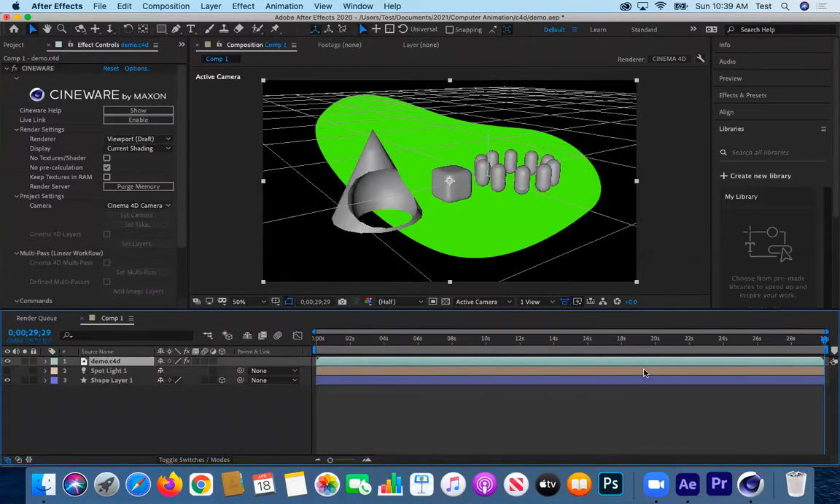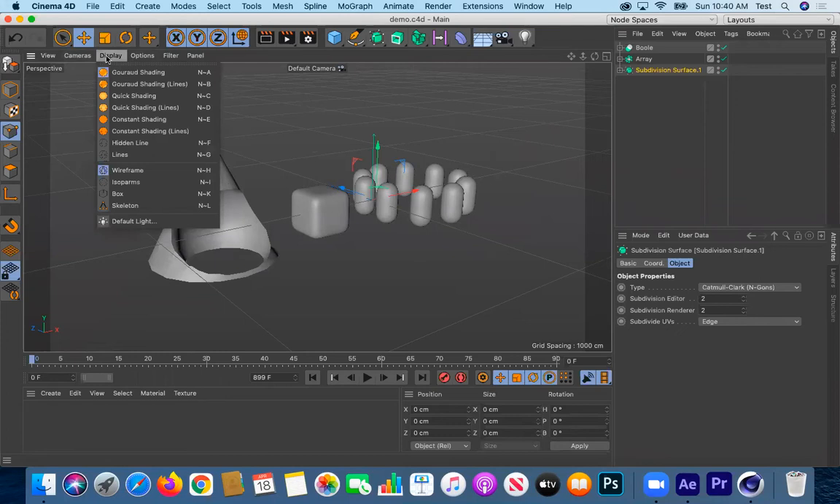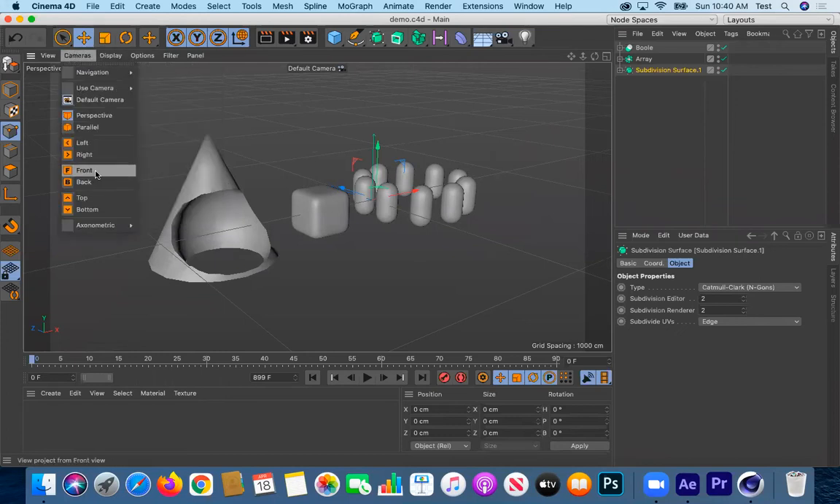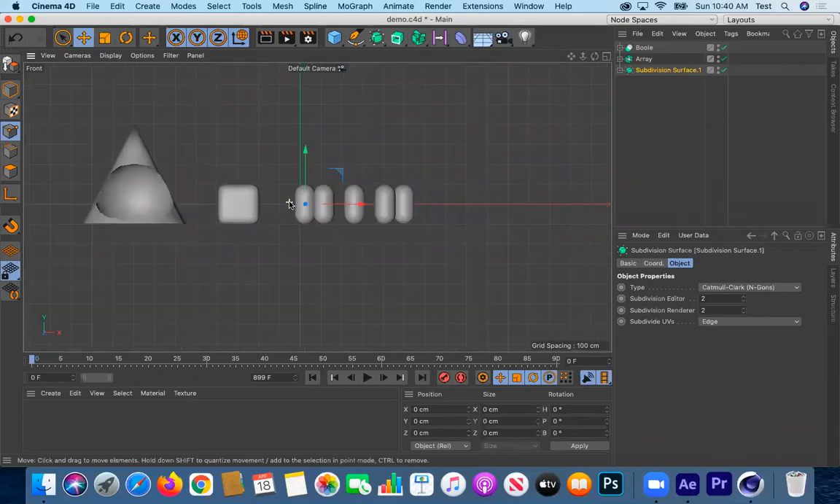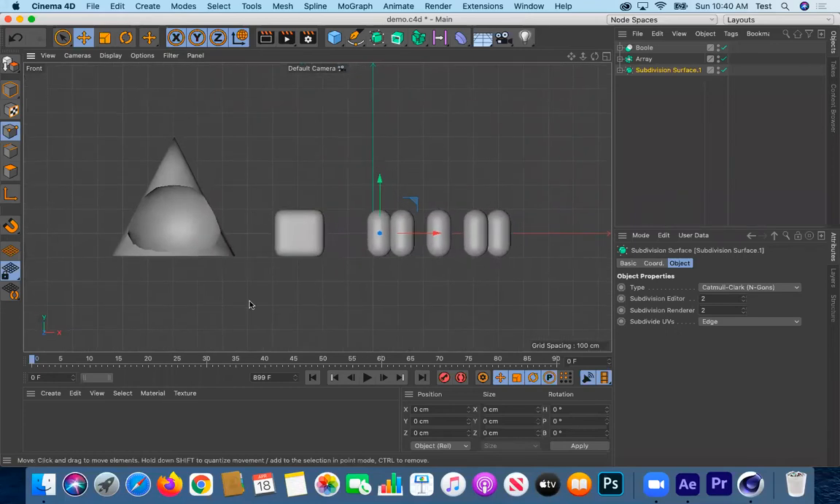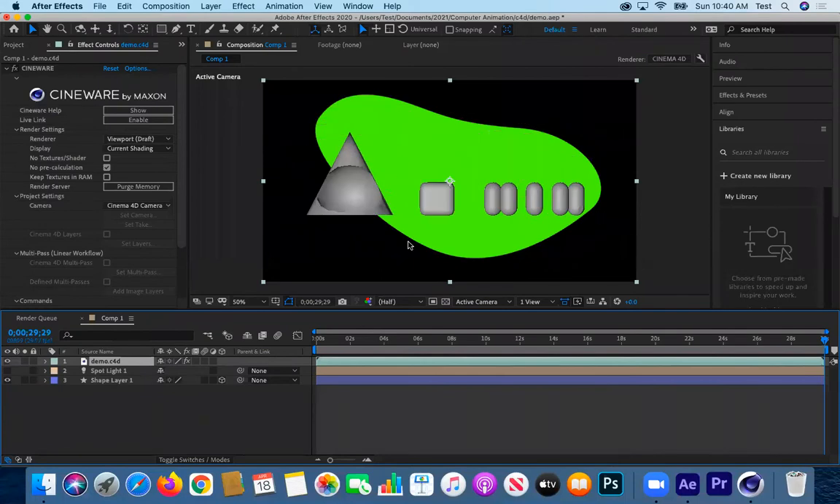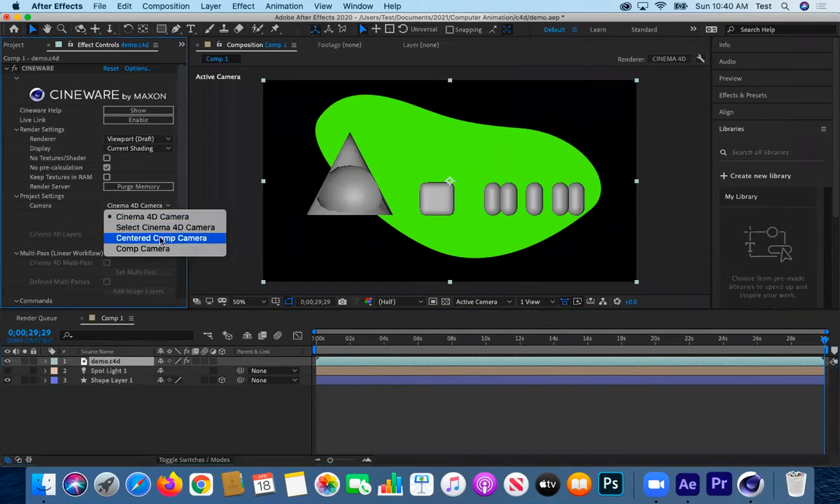Well, what I can do is, let's go back to C4D just to start. And I want to say, let's go to my camera, let's go to a front view. Let's look at this from the front, just to get us started. Let me pan, get it centered, save, and go back to After Effects. Now I have this as a front view as well. And so now for my Cinema 4D layer, I can go to my camera and say centered comp camera instead of using the Cinema 4D camera. Once I do that,